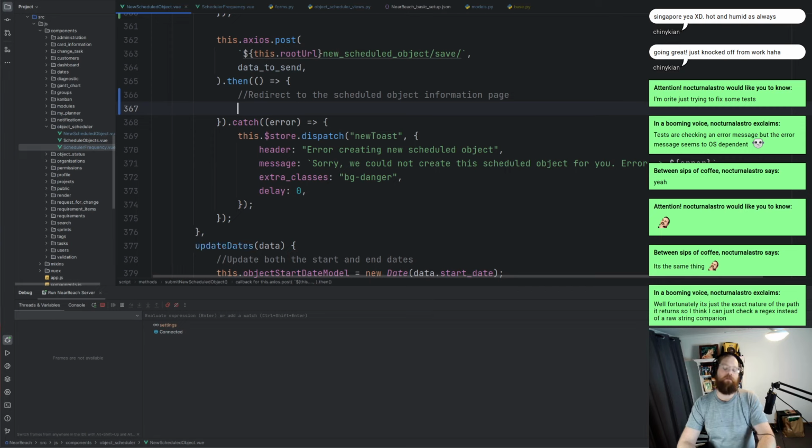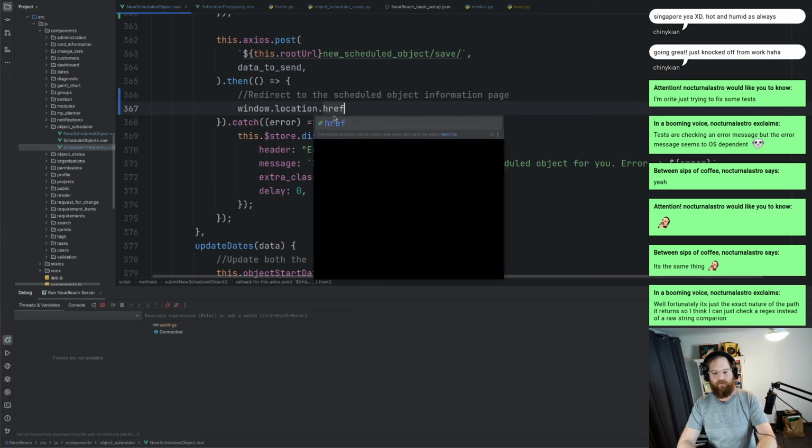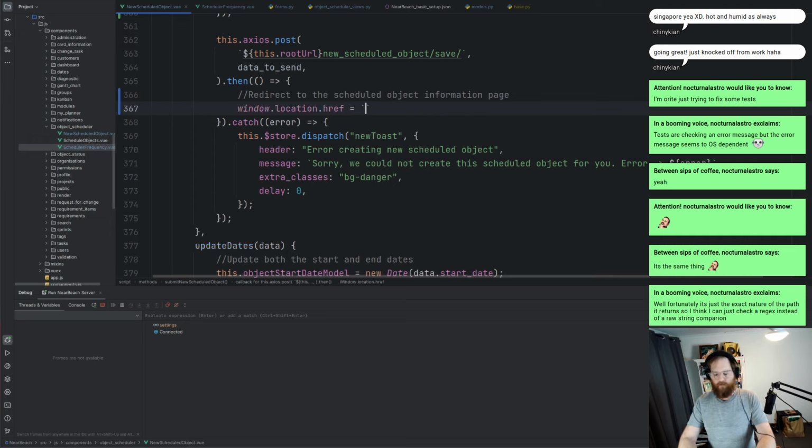And at the moment, it's going to be 404. That is perfectly fine. So window.location.href equals, we're going to bump up these. We need this root URL. And then what we need is scheduled object information/